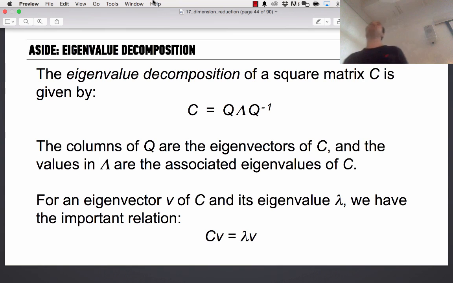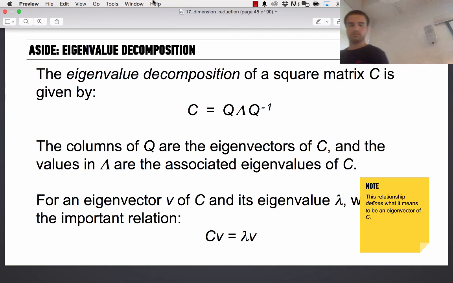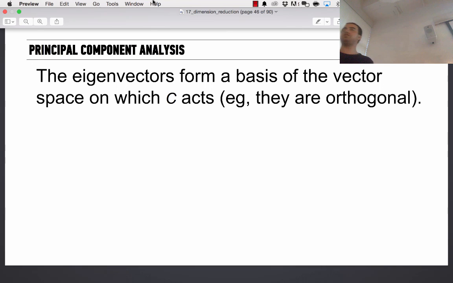Essentially, we are reducing matrix multiplication into multiplication by a single number. It's a way of saving time and computation cycles by multiplying by fewer things. And this is what makes PCA possible. This is what allows us to take a 3 by 3 and represent it as a 3 by 1 and not lose that much data. I have resources on eigenvalues and eigenvectors if you want to brush up on your linear algebra as well.